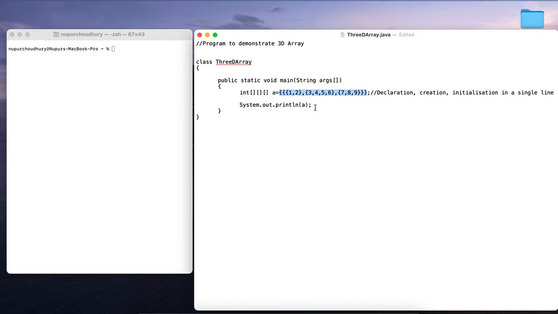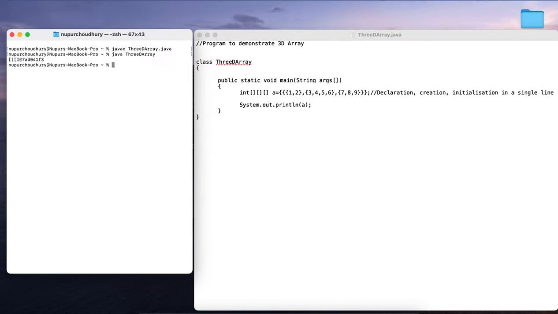Let us see what output we are getting or what it is returning. So we compile it, javac 3D array, and then execute it.